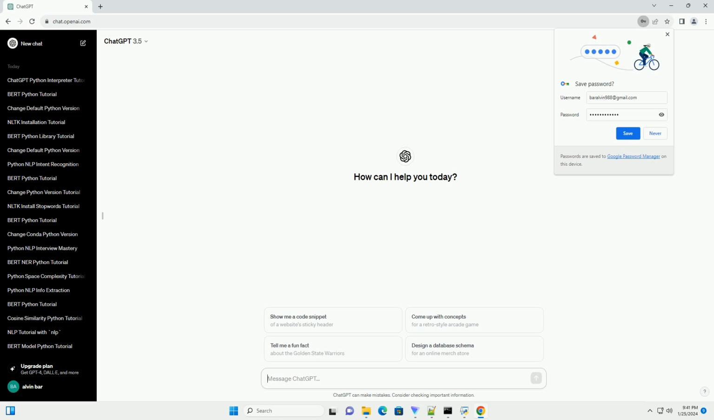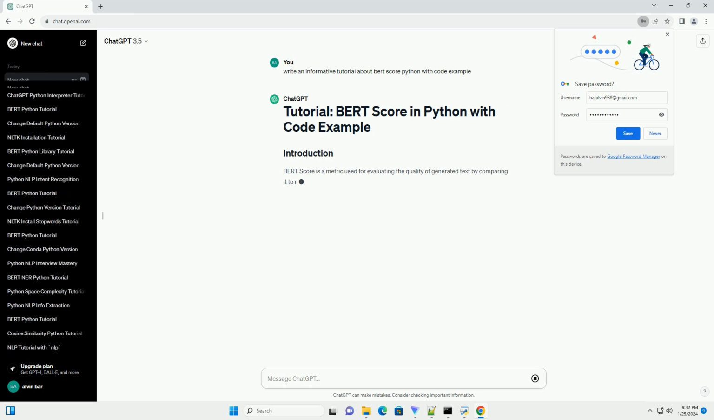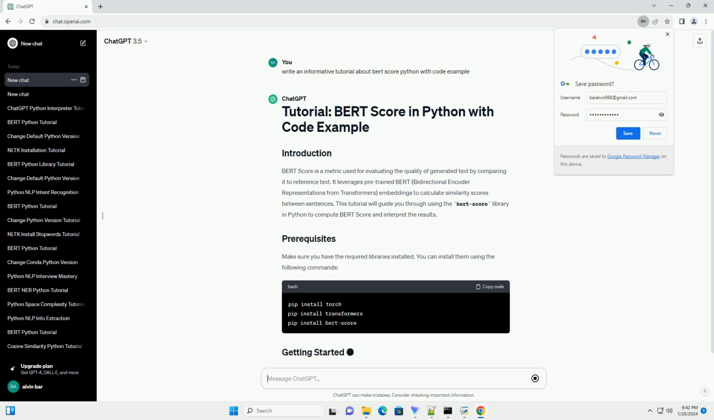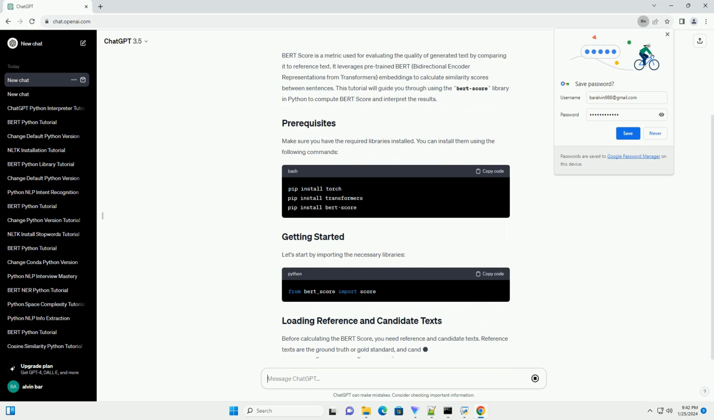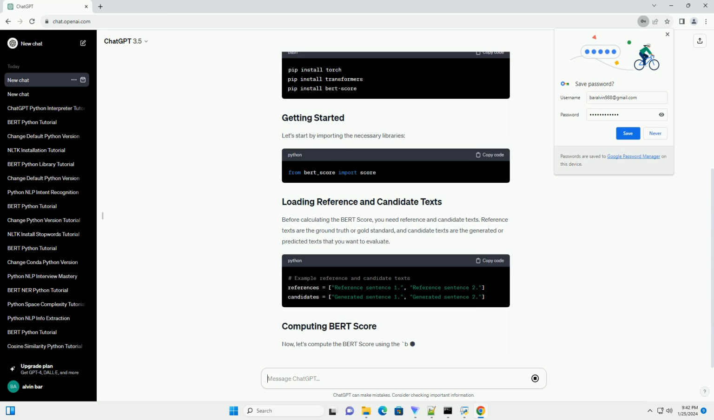BERT Score is a metric used for evaluating the quality of generated text by comparing it to reference text. It leverages pre-trained BERT (Bidirectional Encoder Representations from Transformers) embeddings to calculate similarity scores between sentences. This tutorial will guide you through using the BERT Score library in Python to compute BERT Score and interpret the